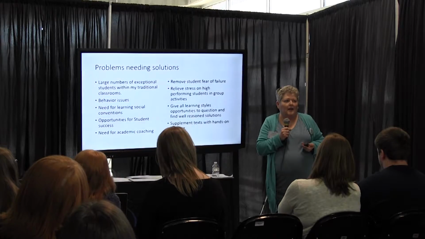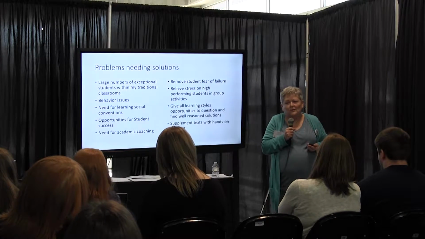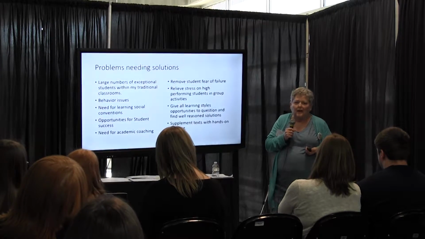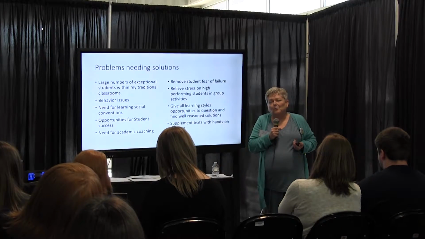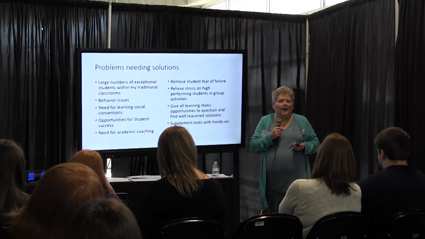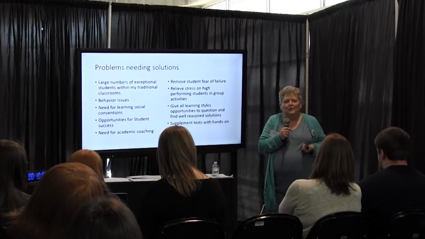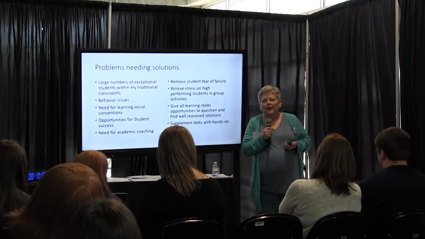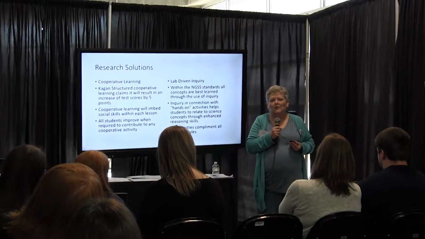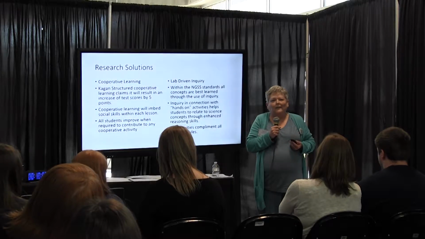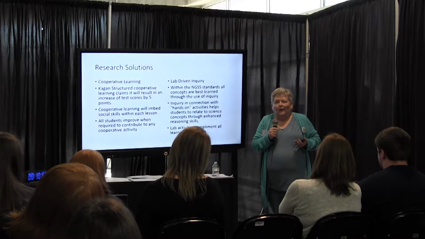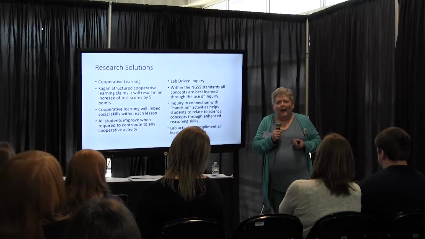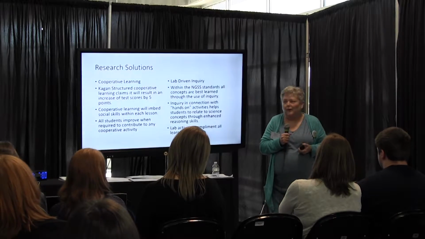I'm a traditional science teacher. I teach in a traditional 7th grade or an 8th grade science class. But every one of my classes at the school have somewhere between 8 and 9 exceptional students. When I came in this year, I had an exceptional student that was autistic. I had never had anyone like him before, and my first question was, what do I do? How do I provide opportunities for him?